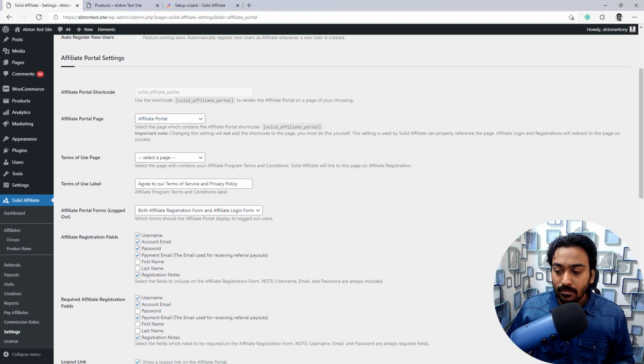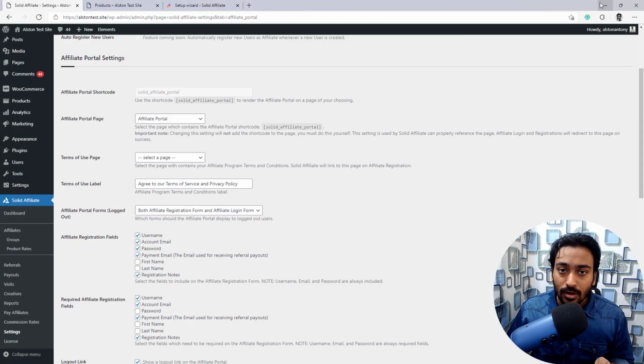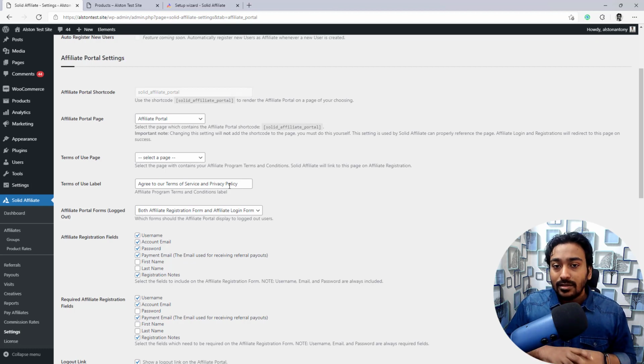And also here, you can see there is a terms of service and privacy page link as well, where the affiliates who are interested in joining our program need to check and agree to our terms, which is a really good decision. If you want to have specific terms of service or privacy policy, possibly covering processes which are not allowed in your affiliate program.